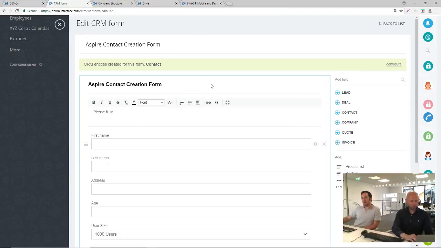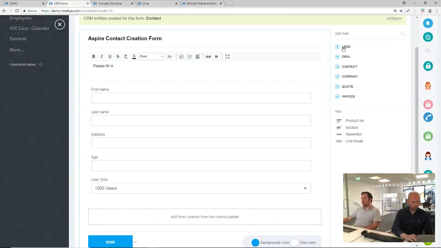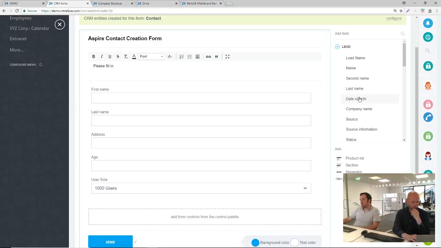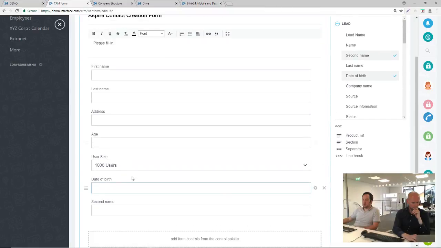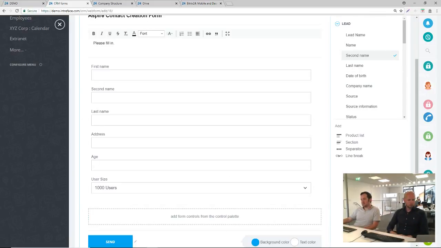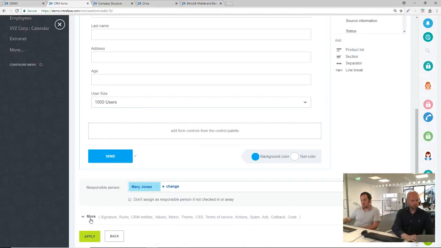So you can give the form a title, and you can actually add fields from a CRM area that already exists. So let's say we're in the leads, and then you can pull in, you can see here that it's pulling these into the form itself. So if we wanted to bring up second name, or date of birth, we could do. We can get rid of them quite easily. And it's really good because you can style the form, you can put breaks in and give different sections of your form a title. And you can also give it a little bit of